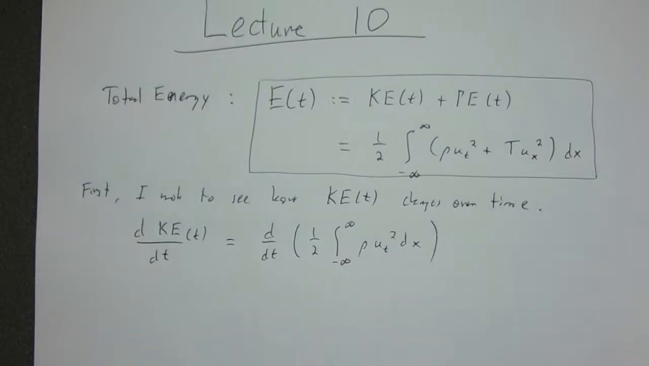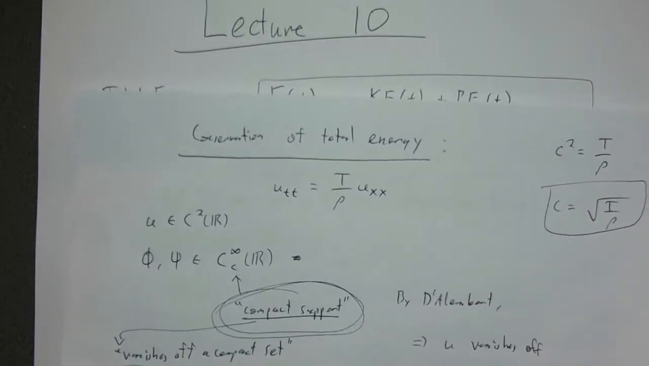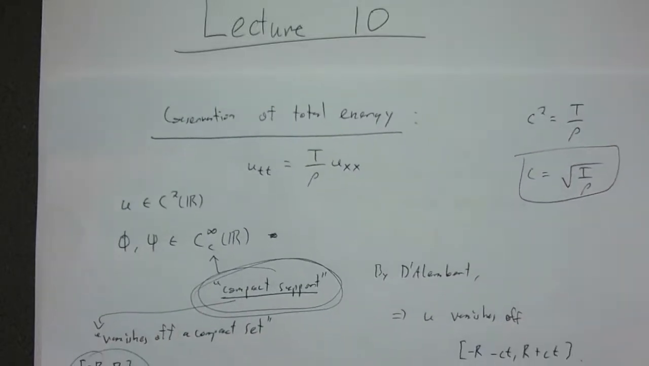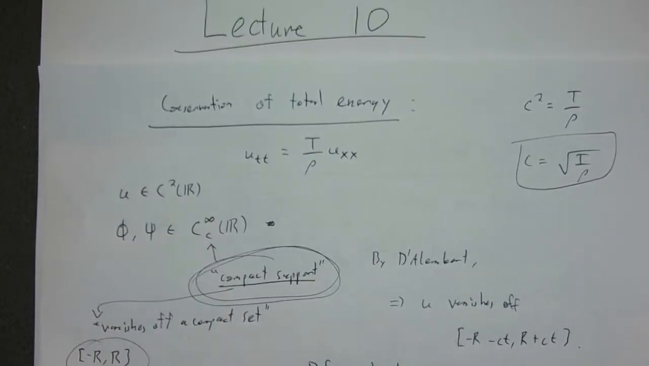So if we want to address that, when exactly are we allowed to move a derivative under an integral sign, there are theorems, like I said, in the appendix for that. Here it's actually a little bit easier because everything involved here has compact support. Everything involved is smooth, u has compact support,